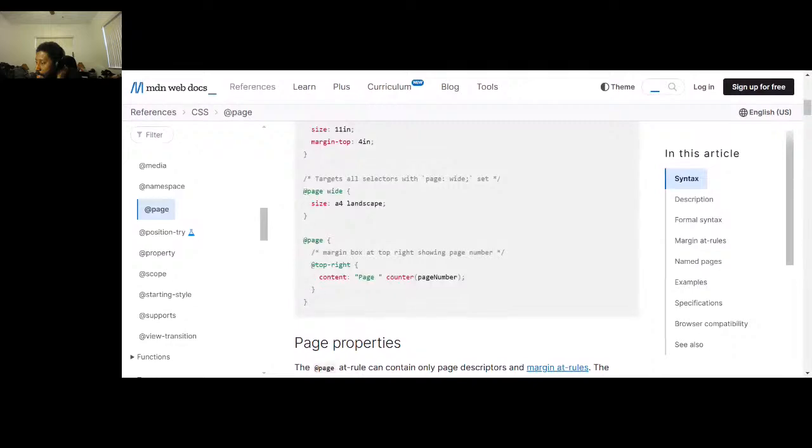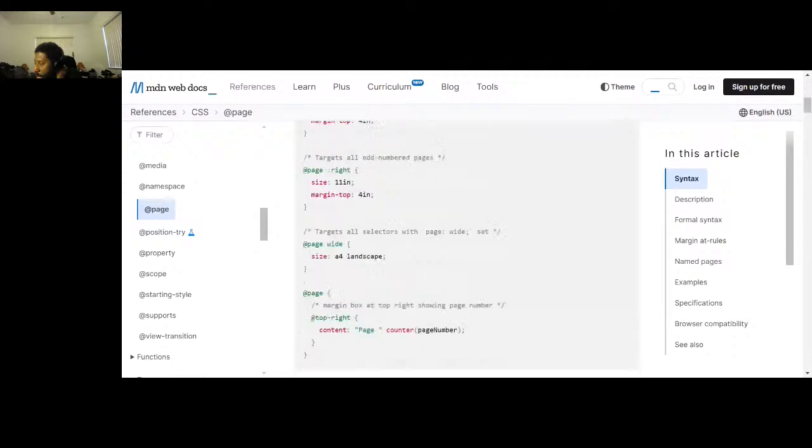So whatever this @top-right, the page at the top right of that page, you're going to make the content of that element, right? It's going to be page and then the counter and the page number. That's dope. So where's the page number, or is that something that's known, built in?